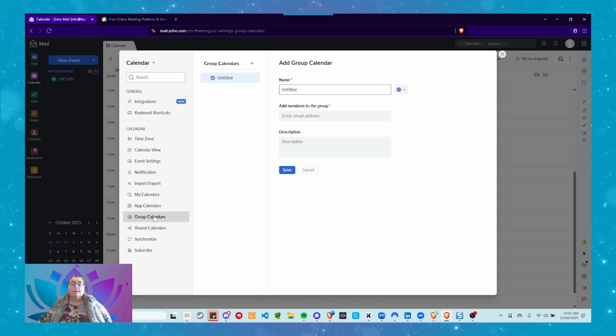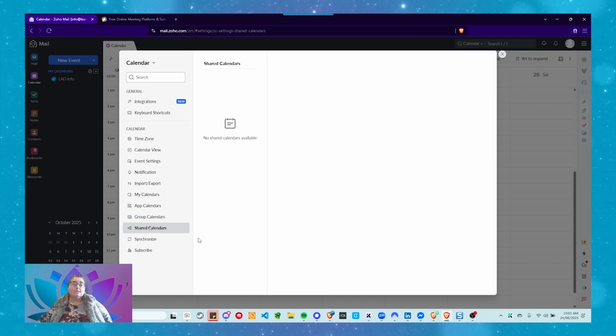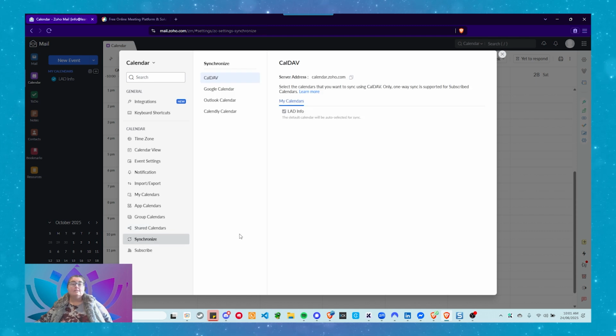We're not going to cover group calendars. We will come to groups later. Shared calendars, we will come back to that. Now, synchronize. This is another one that is good to know about. CalDAV. If someone gives you a CalDAV link, you can actually link to a CalDAV. In this case, our inbox is a CalDAV. Someone else can give you